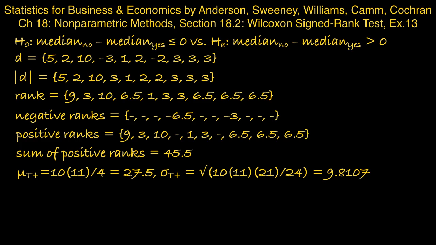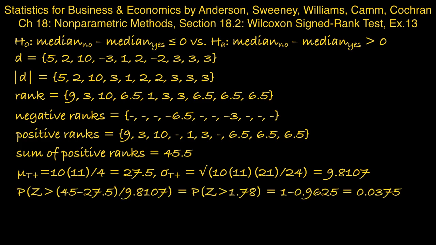And then we have to calculate a p-value, and it will be an upper tail since we're doing an upper tail test. And the only thing we have to remember is to apply a continuity correction. So instead of using 45.5 in our formula, we'll correct that to 45, and then subtracting the mean and dividing by the standard deviation we get 1.78,